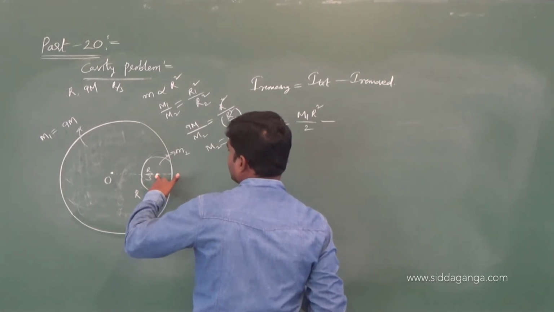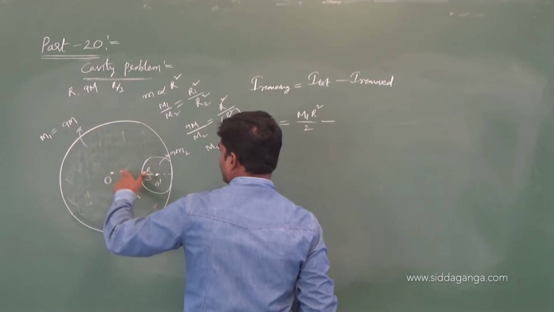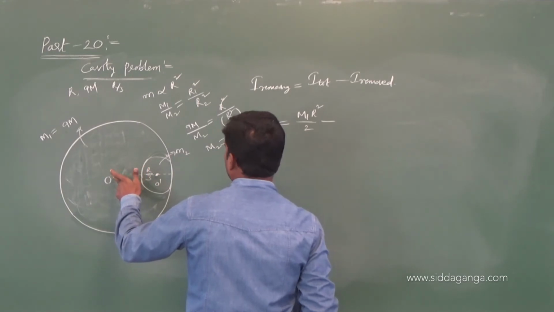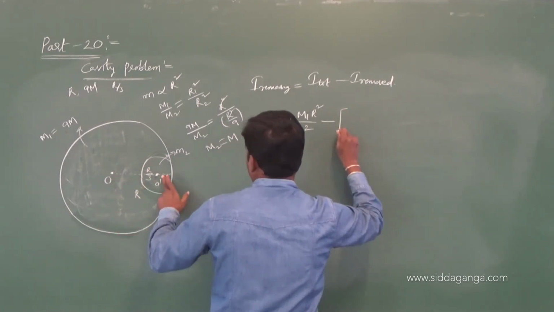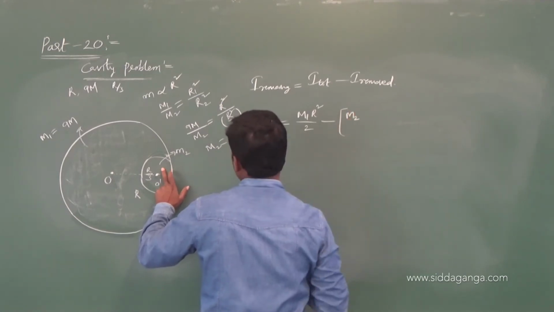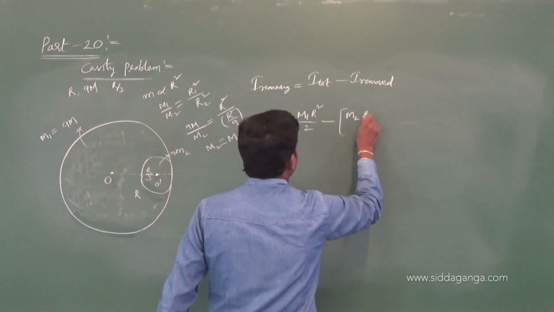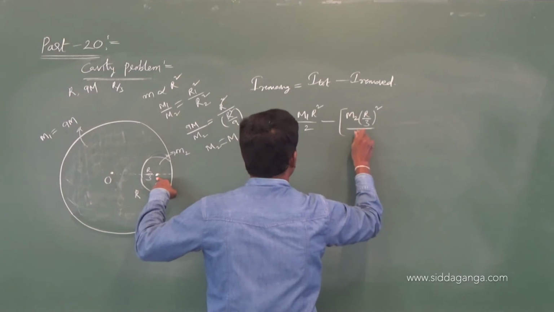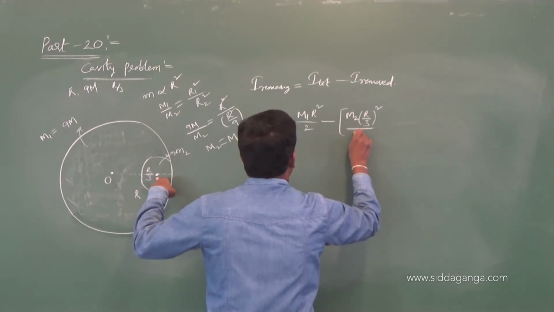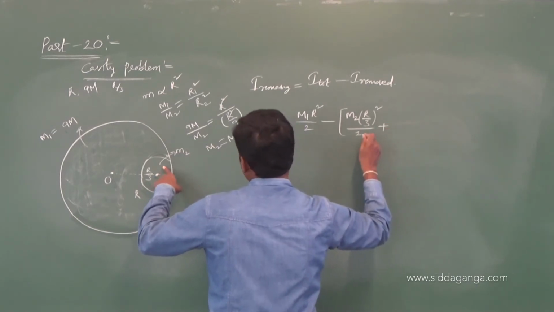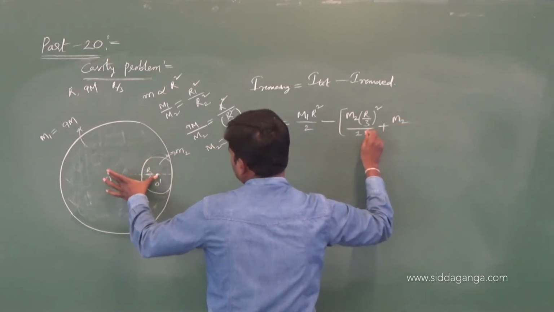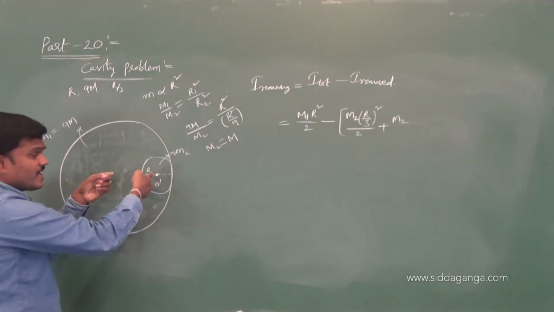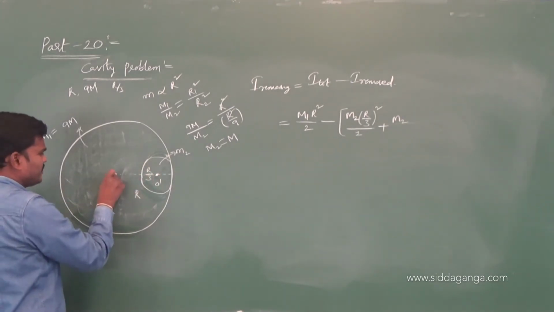About this means moment of inertia passing through the center of this, and product of mass and square of the distance between these two axes. Okay, so let me write m2, r by 3 whole square, I naught passing through center, m2 r square by 2, plus mass of this one, square of the distance between these two. What is the square of the distance between these two? Imagine the two axes. What is the gap between these two axes?